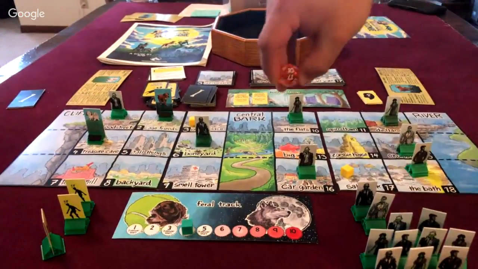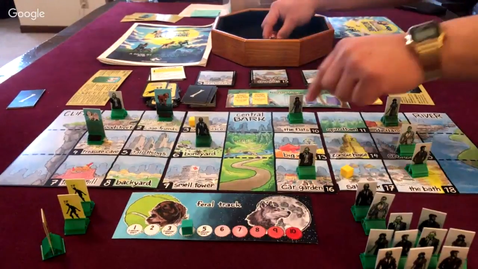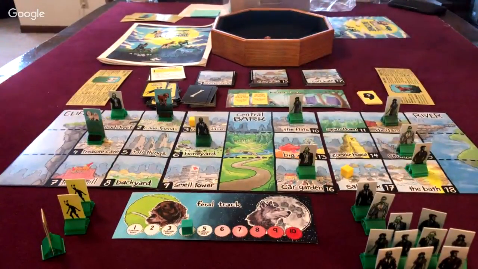My roll was a 10, right. So a zombie just appeared on space 10, the flats. There you go, and you moved, huh? Yep, and that is my turn. All right, so